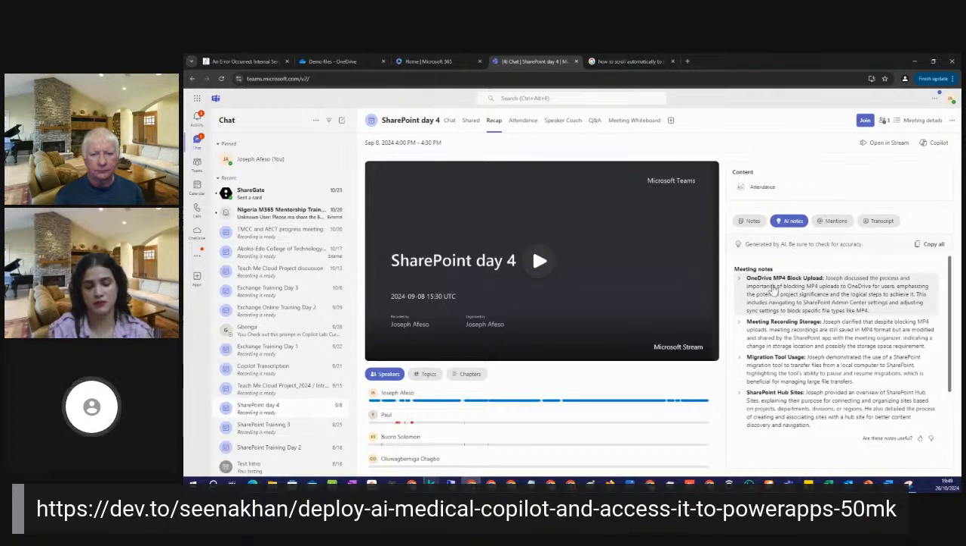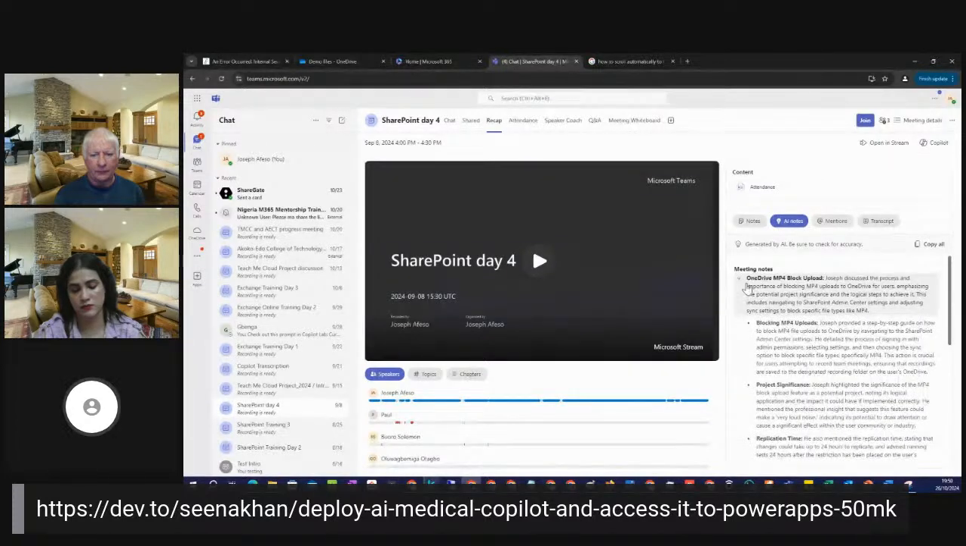So now this is saying Joseph discussed the process and the importance of blocking MP4 upload to OneDrive for users, emphasizing the potential project significance and the logical steps to achieve it. This includes navigating the SharePoint Admin Center, setting and adjusting the sync setting, and blocking significant file types like MP4. Now, if you want to dive deeper into understanding how this conversation was set, then you can also look down